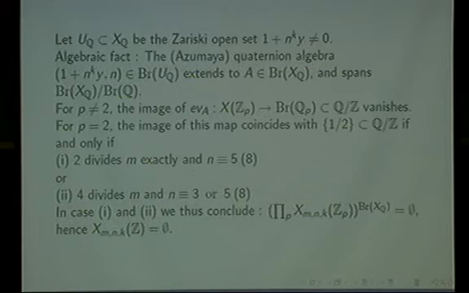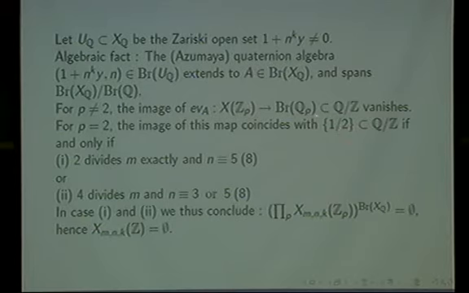So this is some algebraic checking, and you check that it spans the quotient Br(X_Q) divided by Br(Q). And now you start evaluating this element on the various points x of Z_p. You find that for p different from 2, whatever n and m are, this A vanishes on X(Z_p). And then for p equals 2, there's a discussion. And so the image of this map is 1/2, or it is just 0. So it is 1/2,